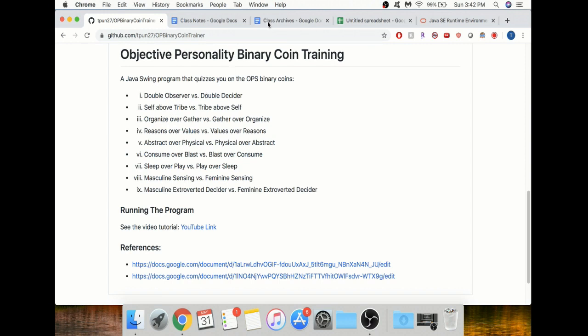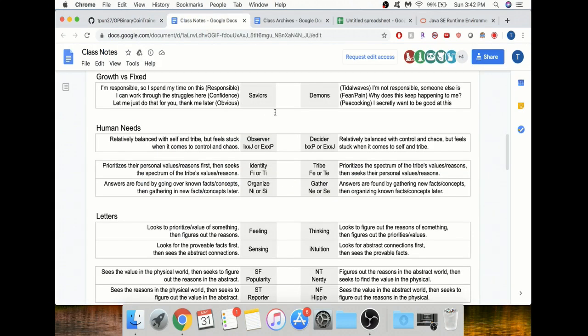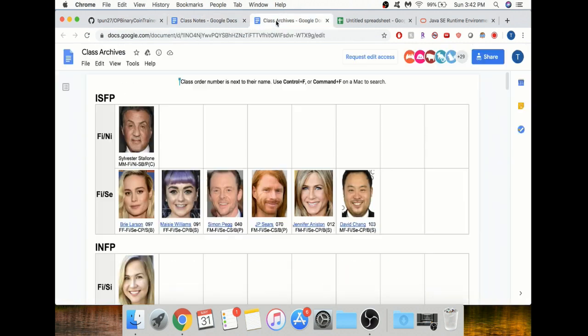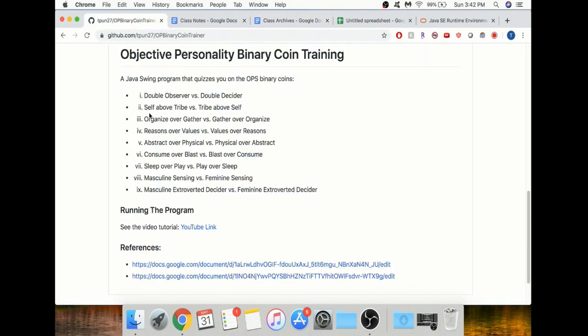over gather, comes from, if you just watch the general video content. The class notes over here have some information on the coins in general, and the data came from the class archives, such as Sylvester Stallone has double masculine FINI, sleep, blast, play, consume. So the data is already in there,